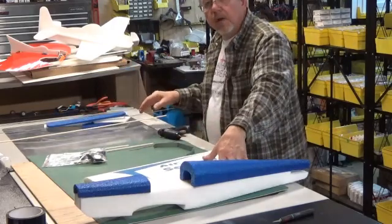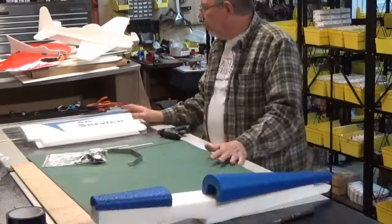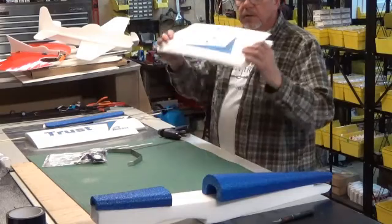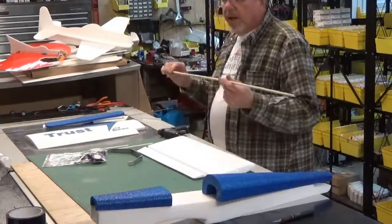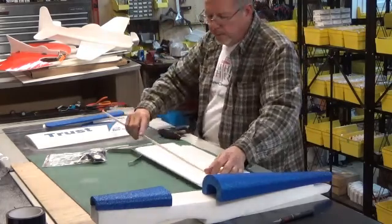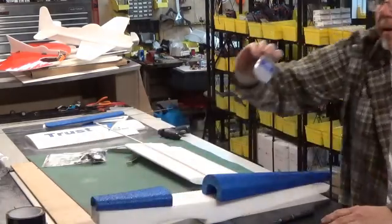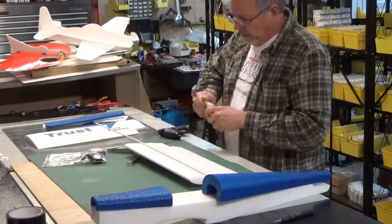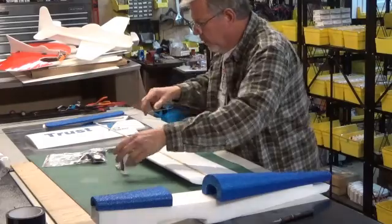I like using a hot glue gun for putting everything together. It seems to work good for me. You can use foam tack, hot glue, CA. It'll all work on EPP foam, and this is nice flexible EPP foam, so it'll work out pretty good. The only part that I like using foam tack in, just for speed of assembly, is for the spar in the wing, and this is made by Beacon, and it's a really nice little foam glue. And what I'm going to do, first off, I'm going to use that to glue the spar in, but I'm